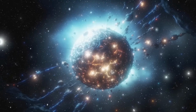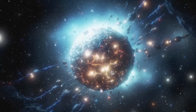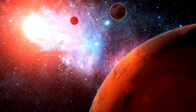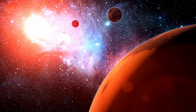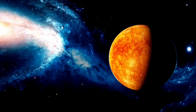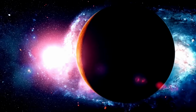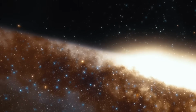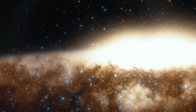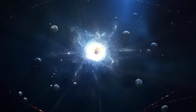Every supergiant observed is, in essence, in a last act before the ultimate explosion, a fleeting window into processes that shape galaxies, create heavy elements, and drive cosmic evolution on enormous scales. Westerlund 1-26 is therefore not only awe-inspiring for its size, but also for the urgency inherent in its existence. Every second matters, and every moment is a step closer to its dramatic end. The combination of size, energy, and brevity